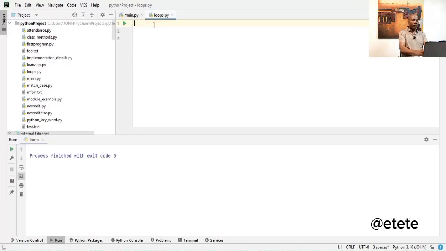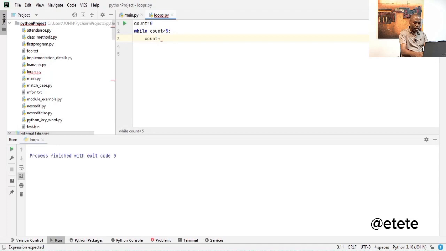So this is PyCharm. I'm going to write the while loop, the example that I just gave now. So I'm going to declare a variable, and the variable is count. That is the name I'm giving to the variable. Then assign 0 value to the variable. Then you come here and operate your while loop. So while count is less than 5, that is the condition, less than 5. You have to go in and do what? You will now do count